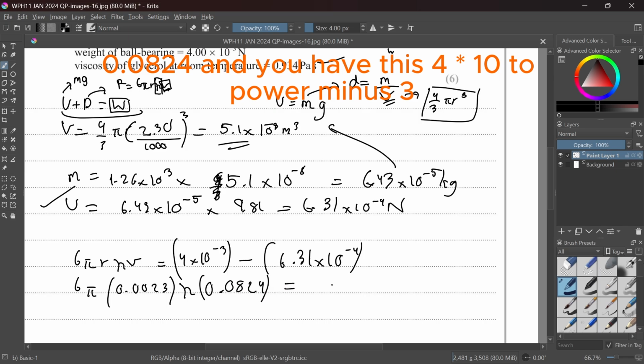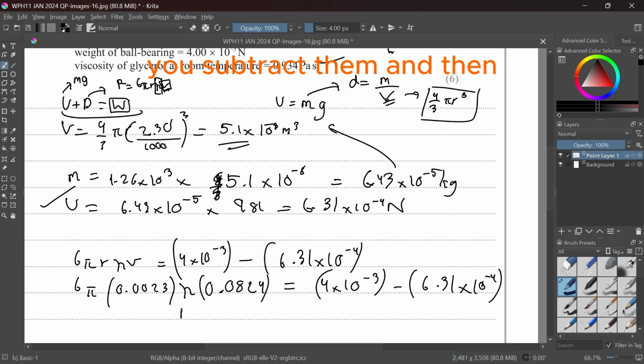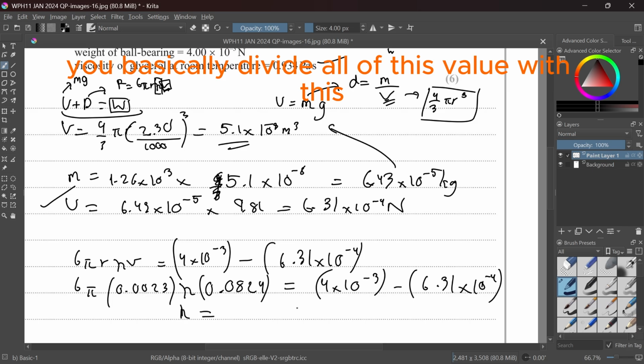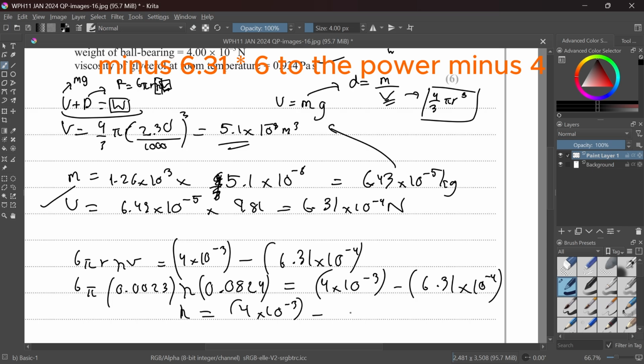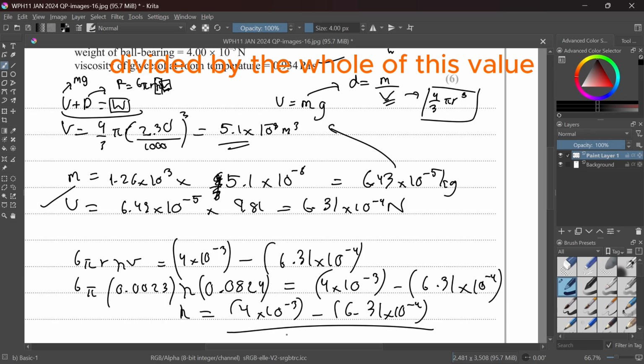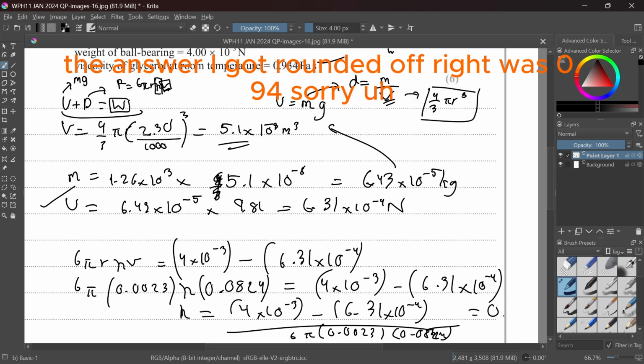So 4 times 10 to the power minus 3 minus 6.31 times 10 to the power minus 4, you subtract them, and then you basically divide all of this value by 6 pi, 0.0023 and 0.0824. If you calculate this value, the answer I got, rounded off, was